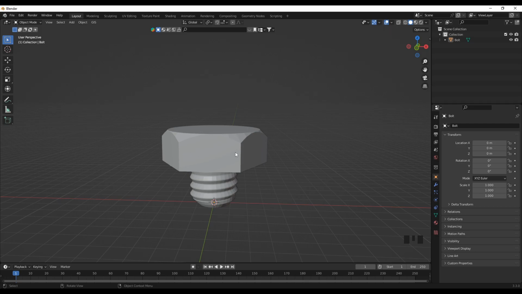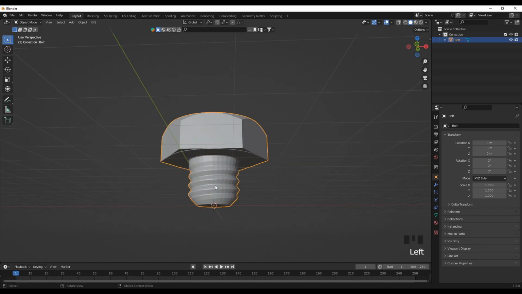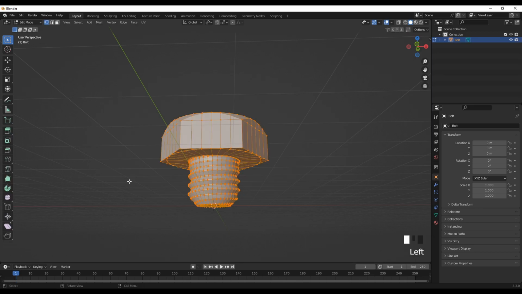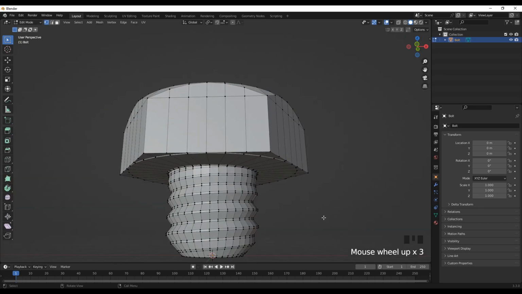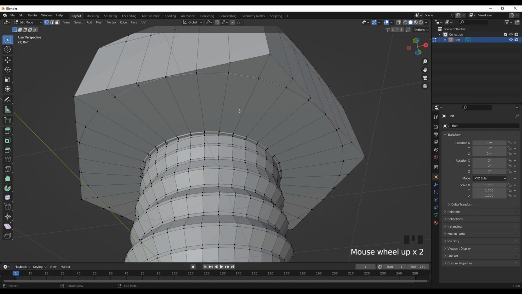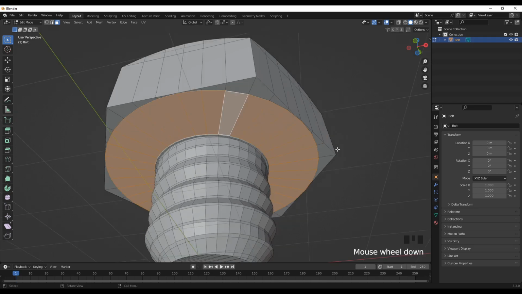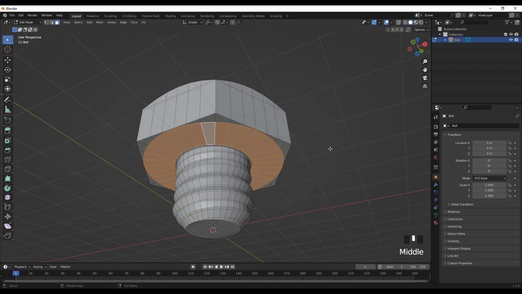remove this before that. So let's go to Edit mode, and to remove this, press Alt and then left click on the line. No, actually go to the face mode and then Alt and left click on the line. Now the face is selected. We can delete this,